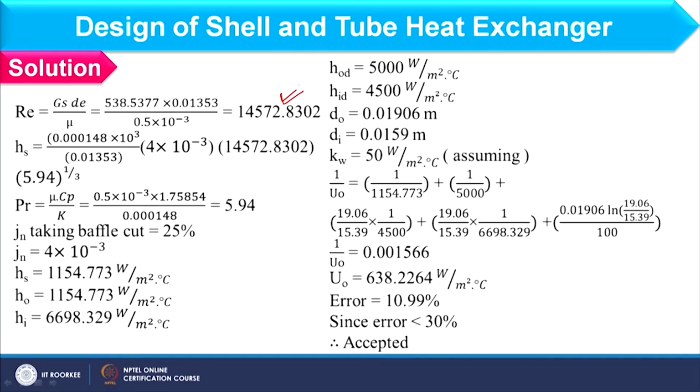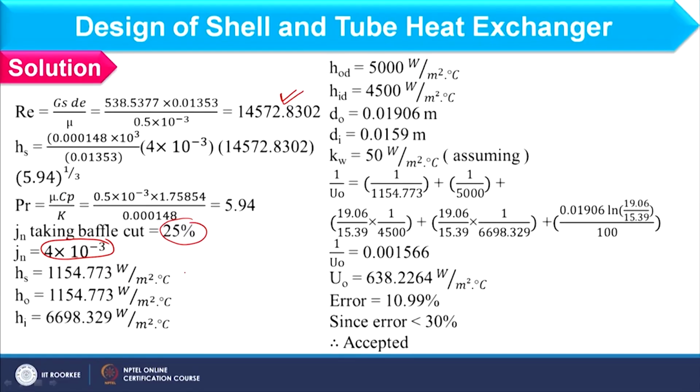Considering all these parameters, we can find out the Reynolds number as 1.45 × 10^4. For this Reynolds number as well as baffle cut at 25%, we can find out the JH factor as 4 × 10^-3, as we also discussed in lecture 15. I am not going to tell you how the graph will be used, as you know that already. Considering all these values, we can find out the heat transfer coefficient in shell side as